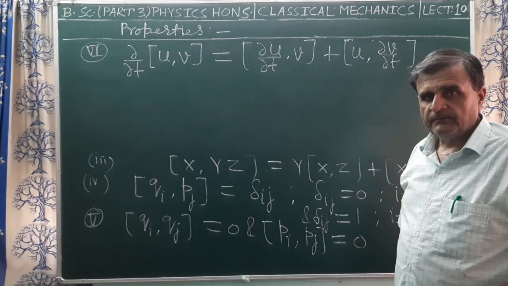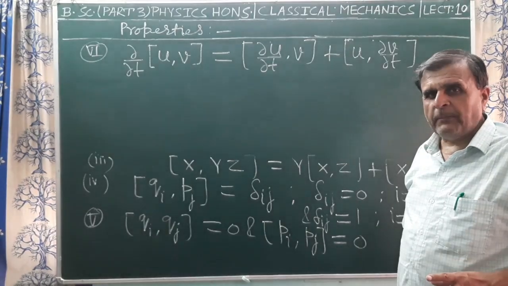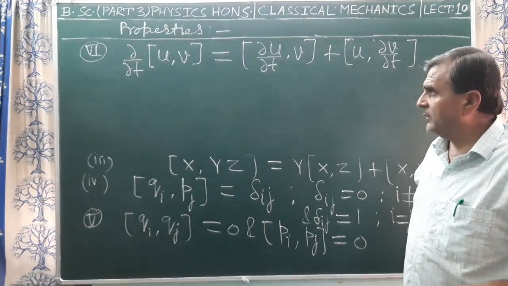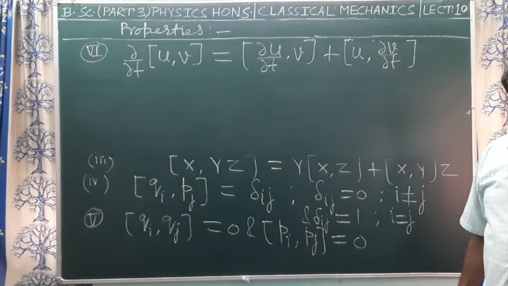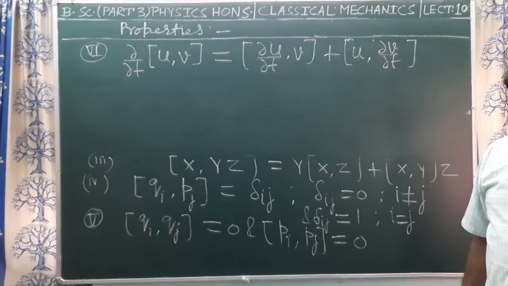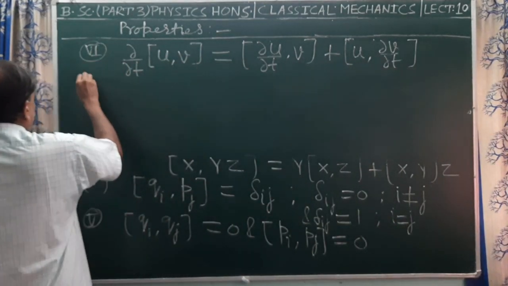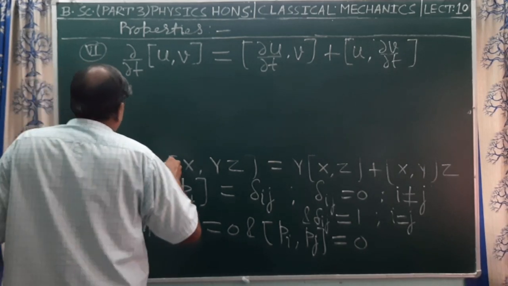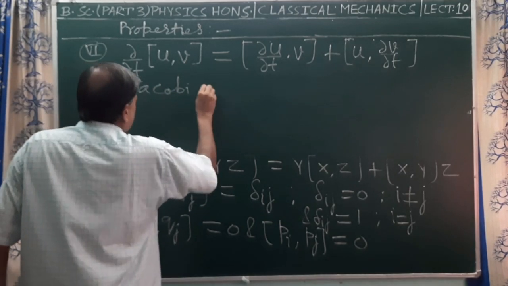Now one more very important property which we will discuss in a separate video, that is the Jacobi identity. The proof of the Jacobi identity we will discuss in a separate video. So property number 7 is a very important property which is called the Jacobi identity. If you take three dynamical variables u, v and w, we can write that the seventh property of Poisson bracket is the Jacobi identity,